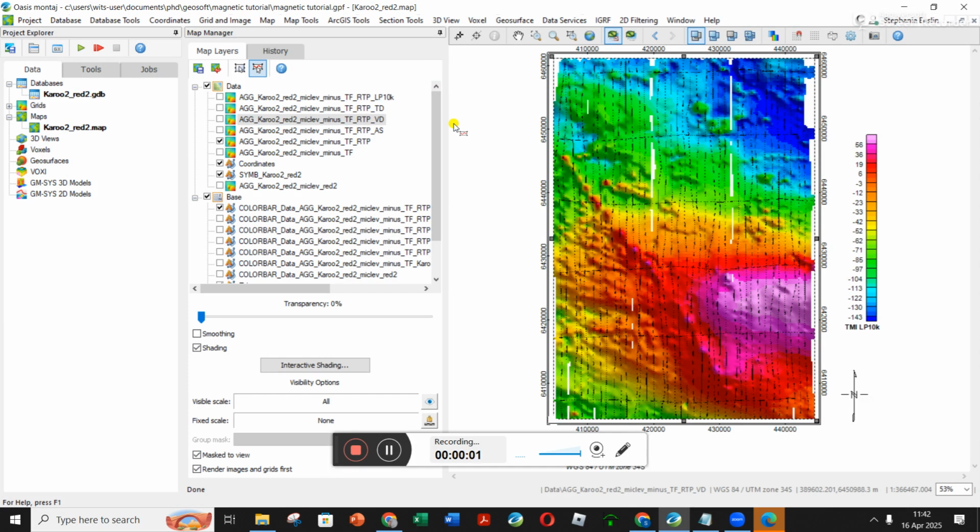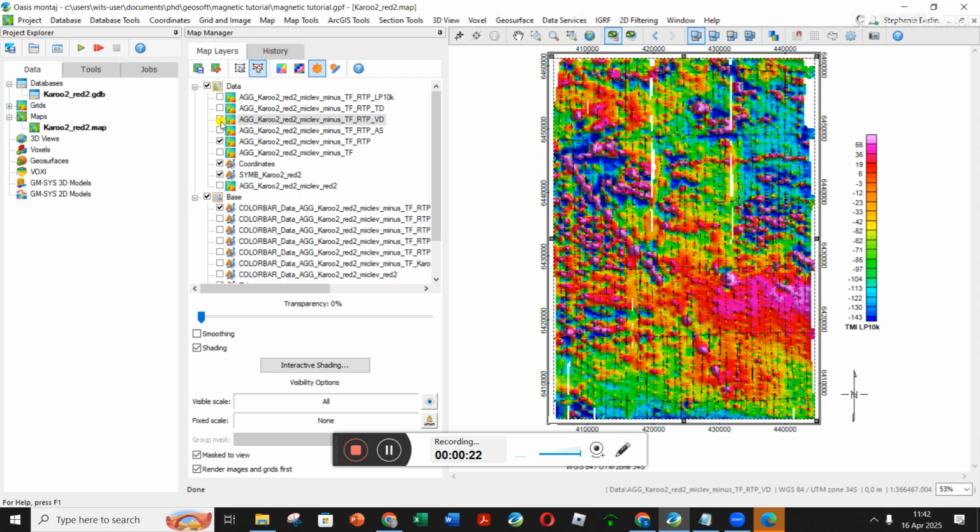Okay, and the last thing I wanted to show you was just overlaying Geosoft's version of Google Earth, because especially these shallow filters that we try to look at the shallow features, we can help try to see what's going on from the surface images. So let's put on our vertical derivative here, and I'm going to take off my magnetics,